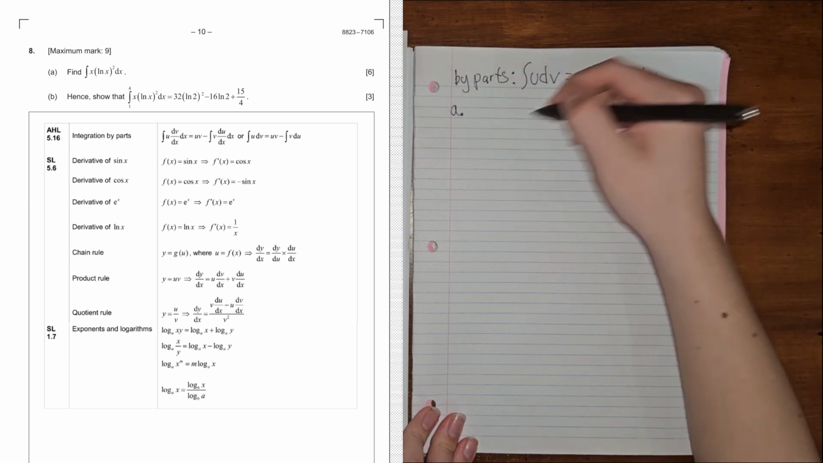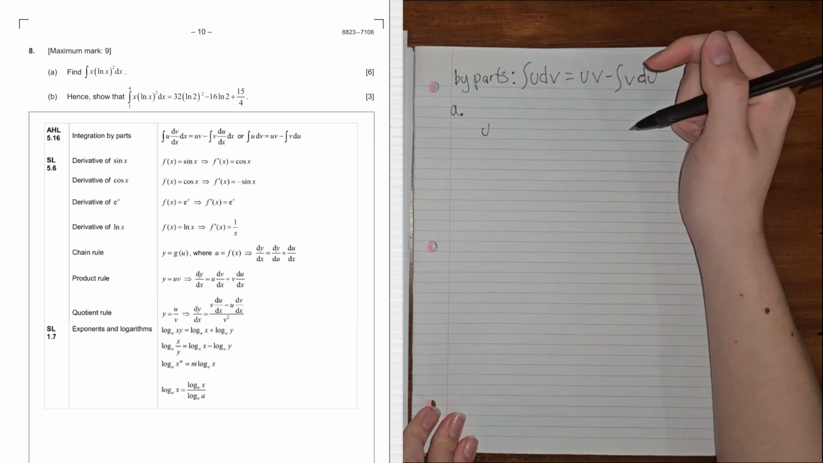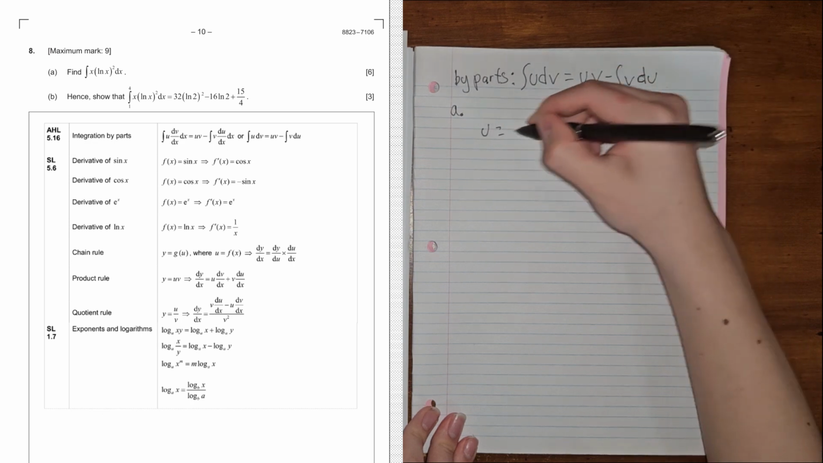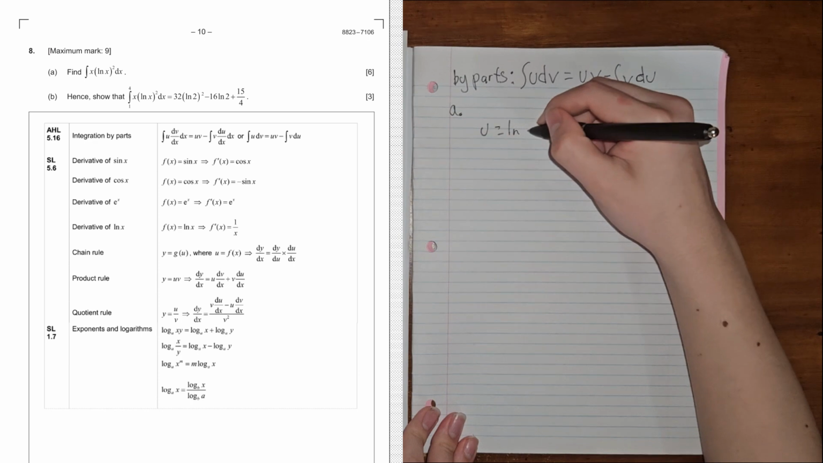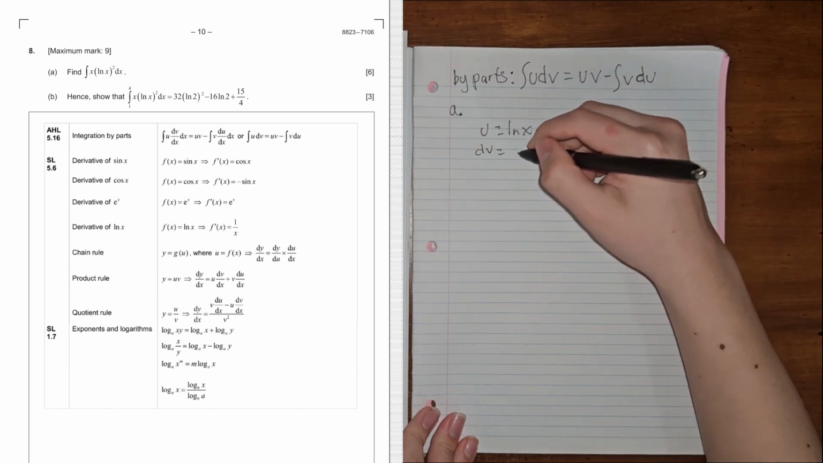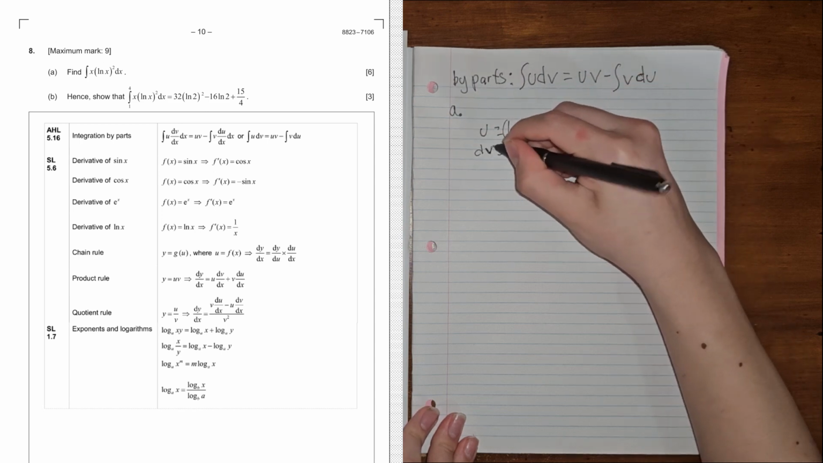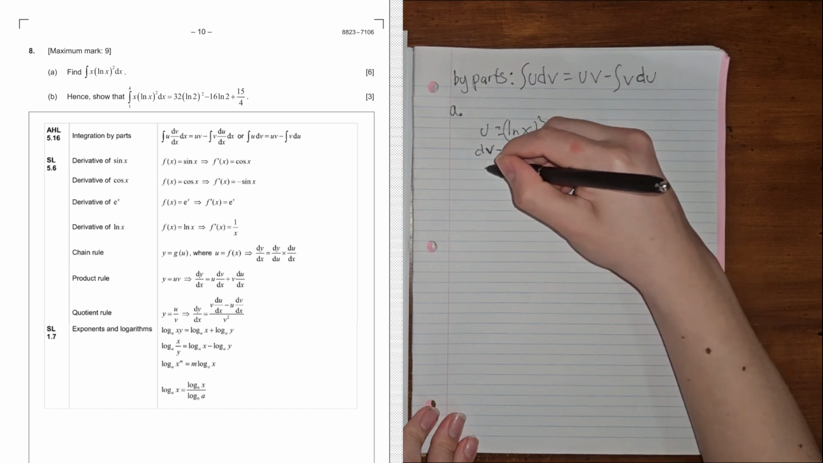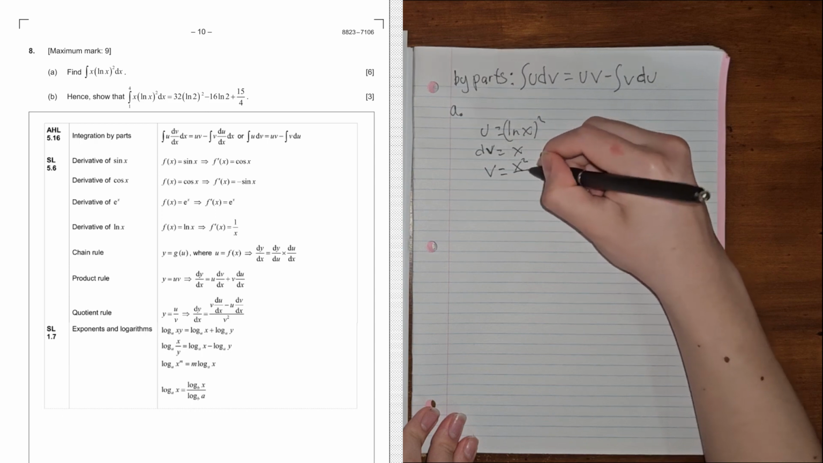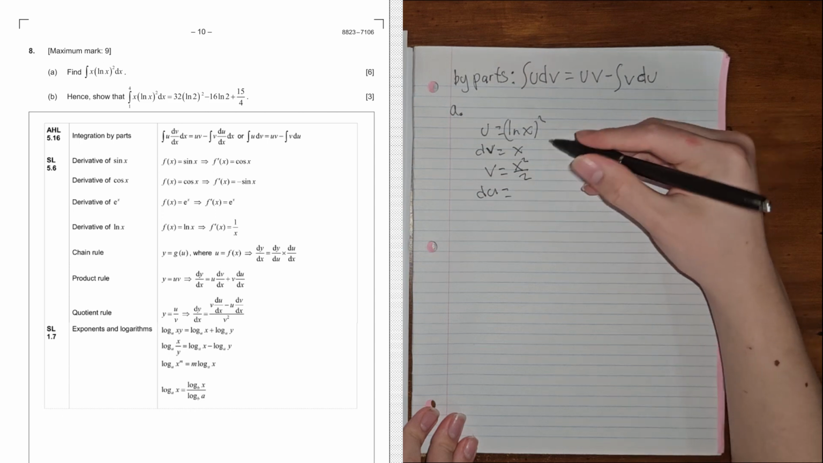So what we're going to do here is we're going to have our u be ln x, and we're going to have our dv equal to x. That means that our v is going to equal x squared over 2, and our du is going to equal